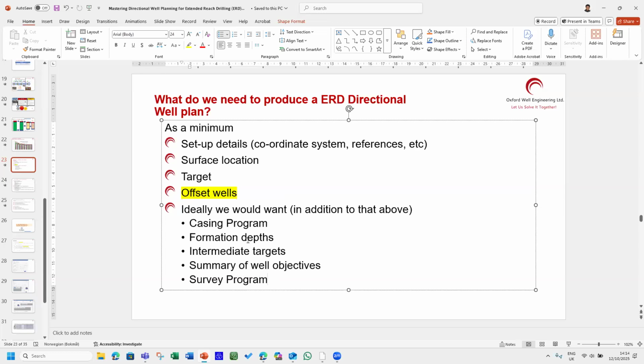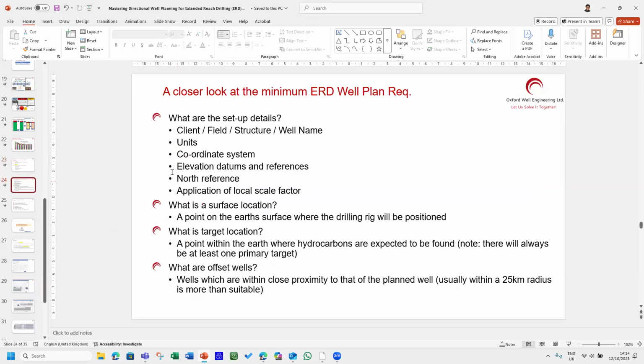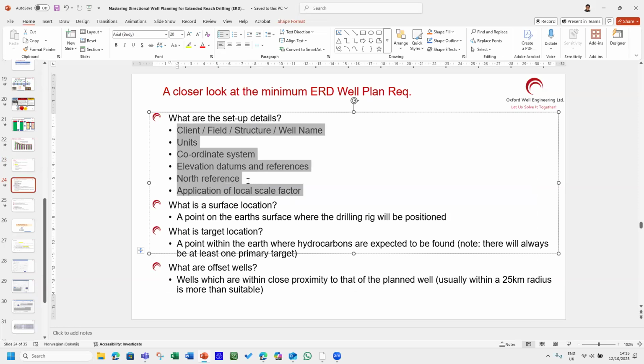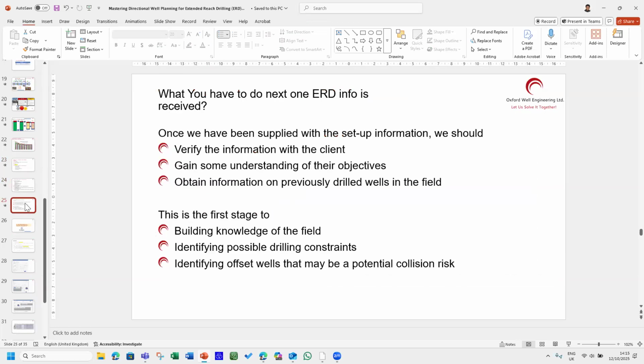Okay, so just a word about checks and balances. We are all engineers here. We don't have to reinforce too much because this comes with the job. Okay, now if I click some more stuff, details, what details are we talking about, getting it right. These are the details, north reference and things. Each of them has its own use. And then you can also do anti-collision things in the software if you have the good offsets. Okay, so let's come back to